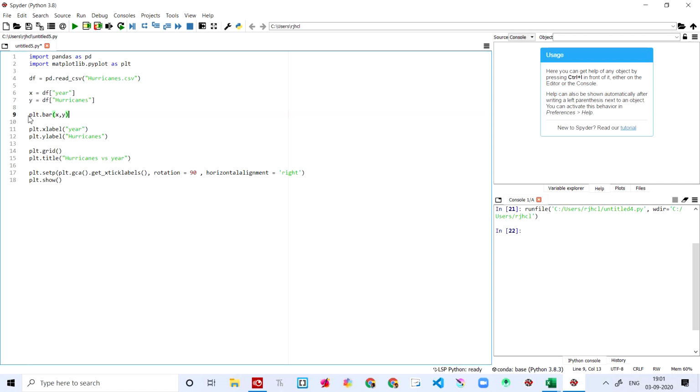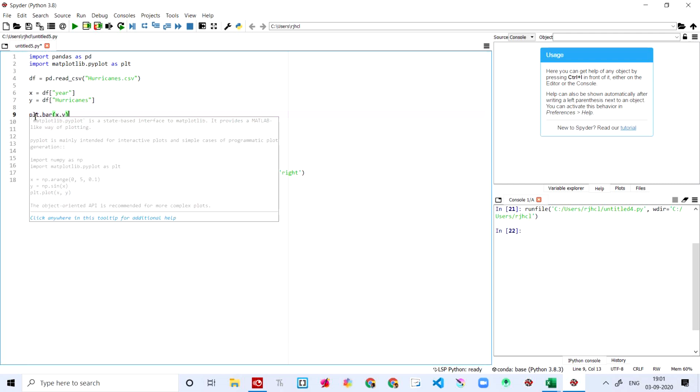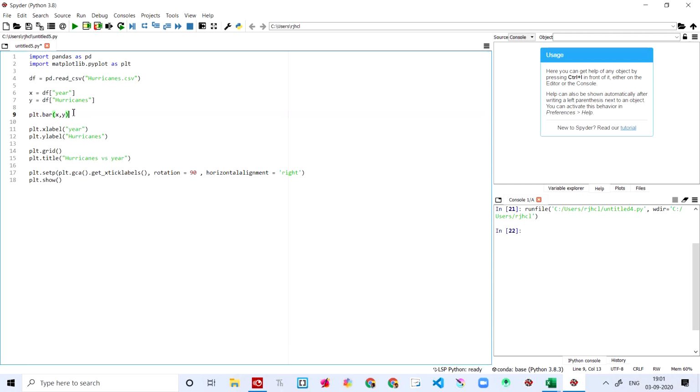And then I'm saying plt.bar, so the x and y axis I'm representing over here, writing x comma y in parentheses. And then the x label is going to be year, and the y label is going to be hurricanes. And then I'm creating a grid, with the title as hurricanes versus year. And here we're going to set the axis. So let's just write it down so that we don't get confused.